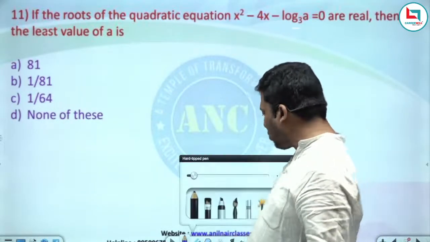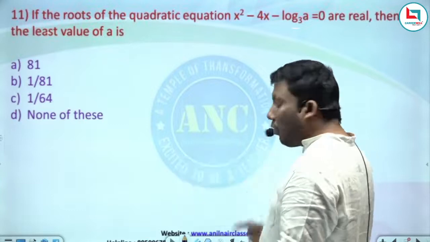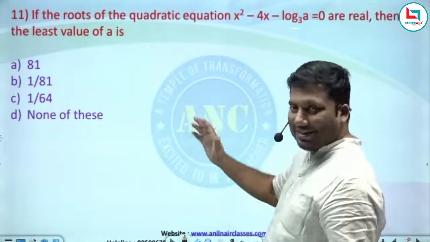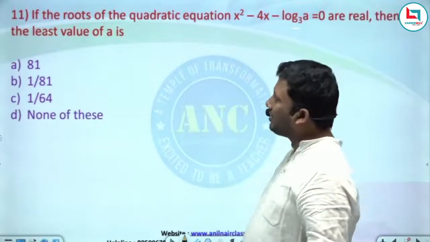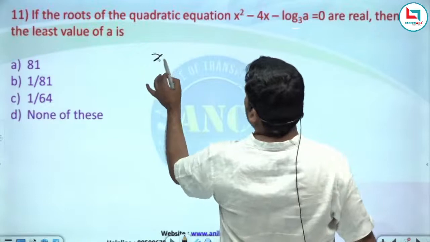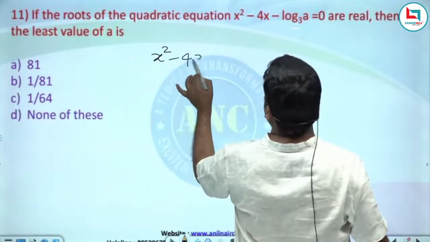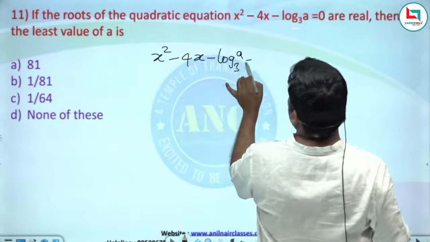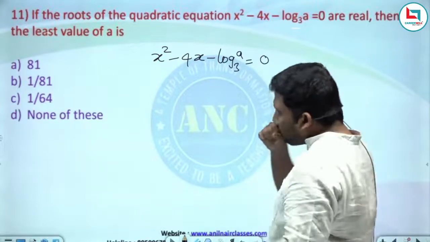I have seen this question in one of the old Olympiad papers. Answer is 1 by 81. Write this question at least 20 times. If the roots of the quadratic equation x square minus 4x minus log a base 3 equivalent to 0